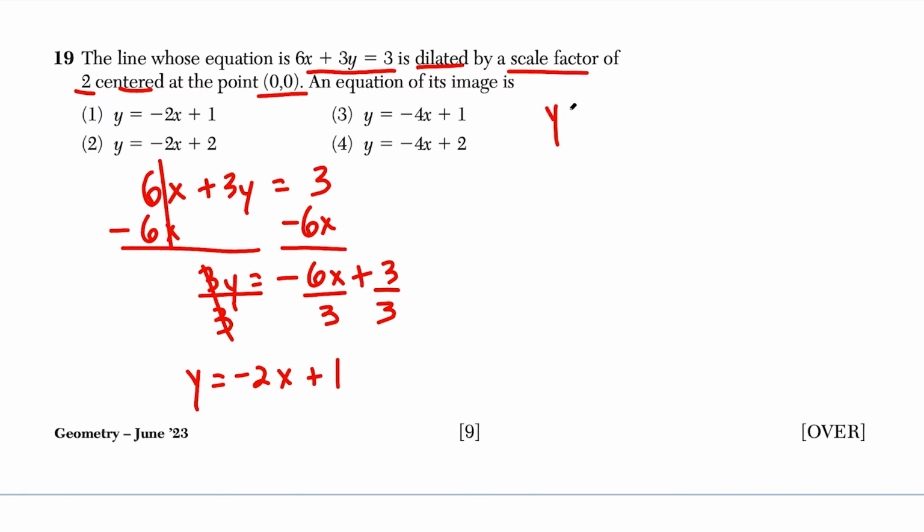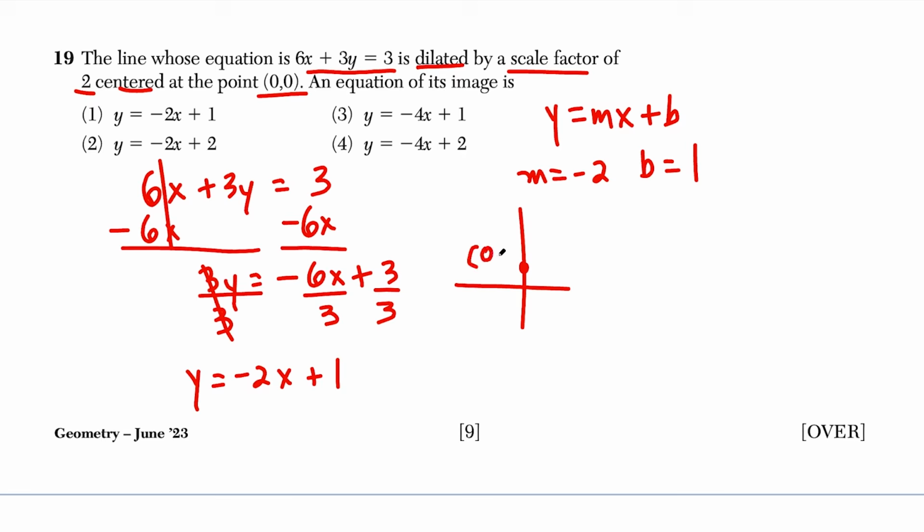So now just think of this equation here. We have y equals mx plus b. So your slope is the coefficient of x. So our slope is negative 2, and our y-intercept, our b value here, is 1. So that tells us, if we draw this out, that our line is going to have a y-intercept over here at 0, 1. So if we're using a dilation with a scale factor of 2 and our center is at